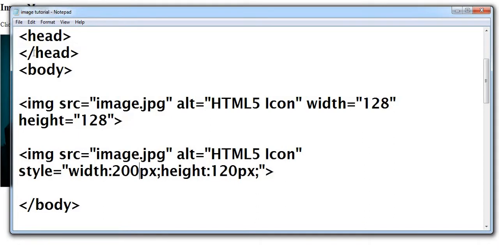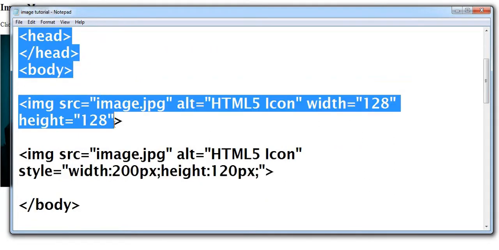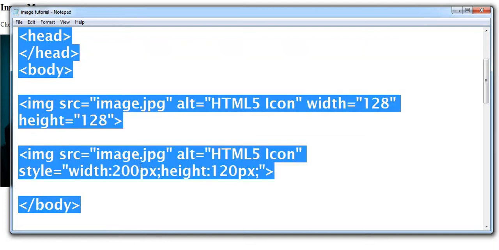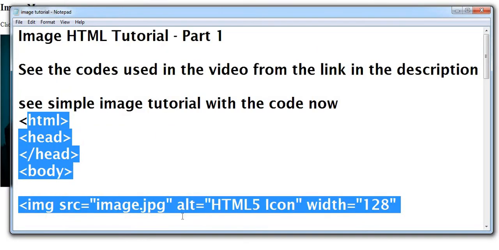So here I will use this simple code which I just created, and as I saved the file in the same folder with the name image.jpg, this will work.